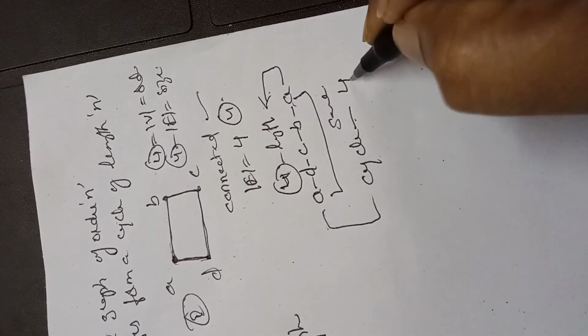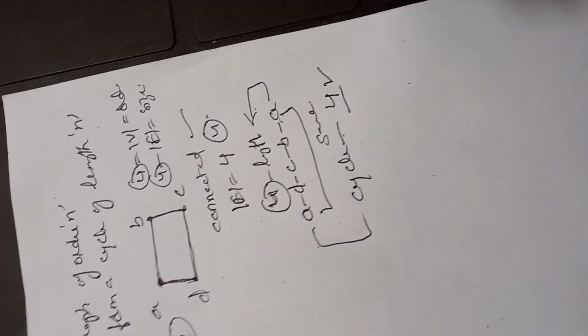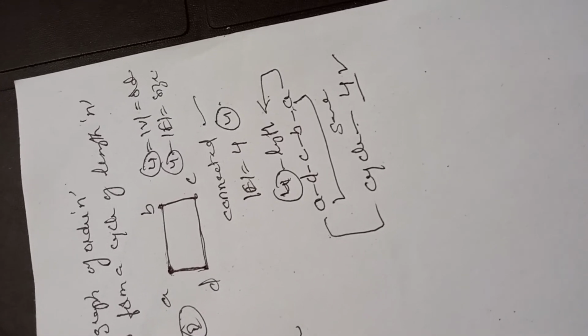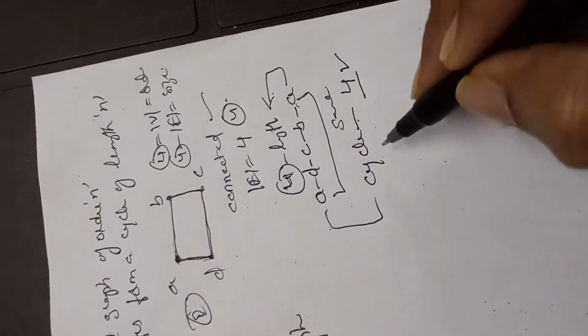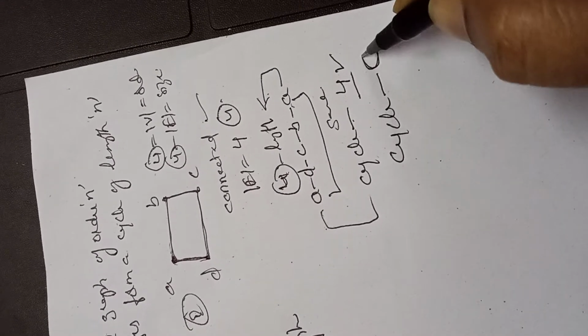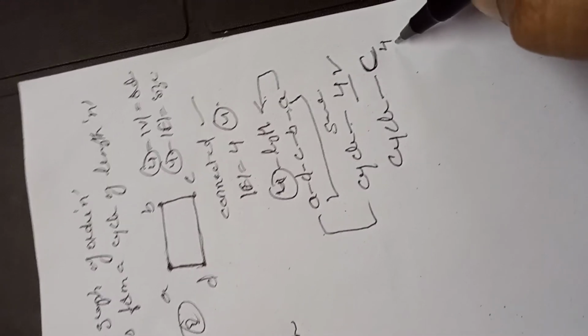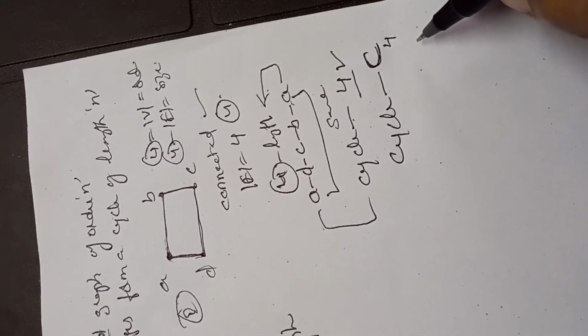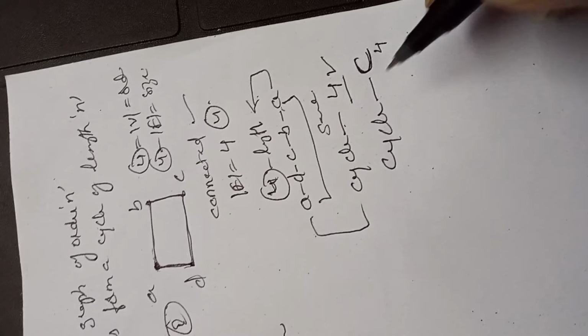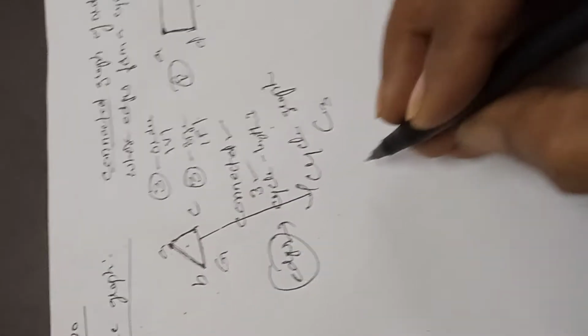What is the length of this cycle? 4. The length of the cycle is nothing but the number of edges in that cycle. Therefore this graph is also a cycle graph. It is denoted by C4, where this suffix 4 indicates the number of vertices and also the number of edges in the cycle graph. This is C4. This is C3. Similarly,